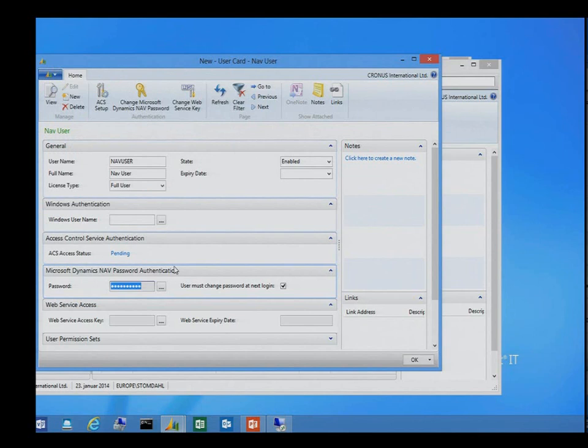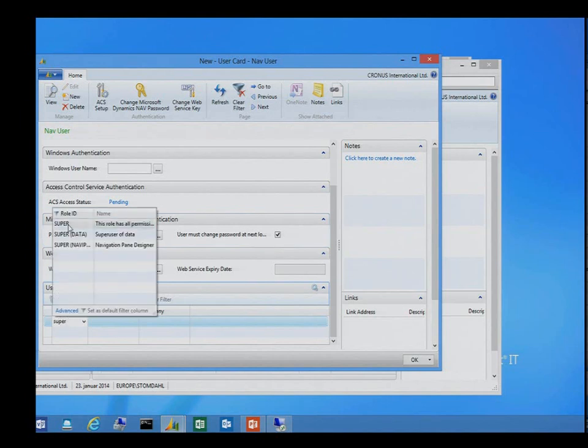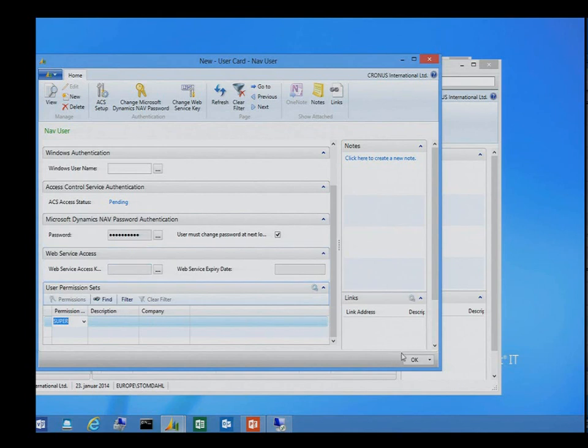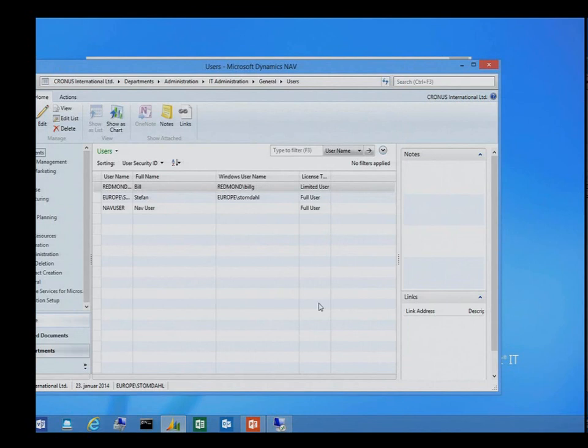And you can see now the status has changed to pending. Then I will also go down and set permissions to users, or super. Yeah. And press OK. That's fine. It's complaining that the system has been configured to run Windows, and I've created a user that is not using Windows. So that's what the dialog is all about. Okay, I will close the client